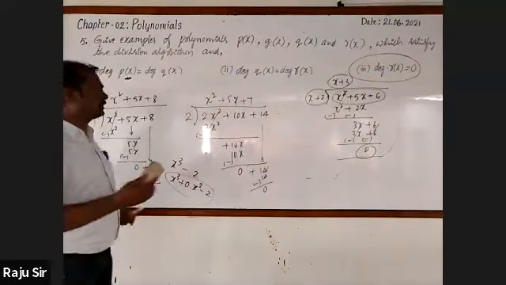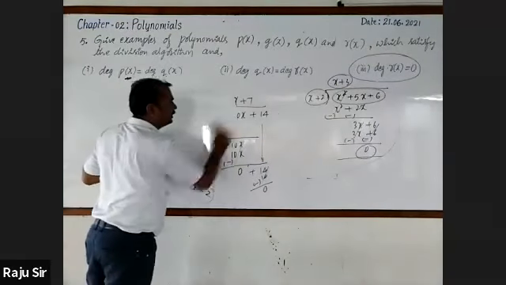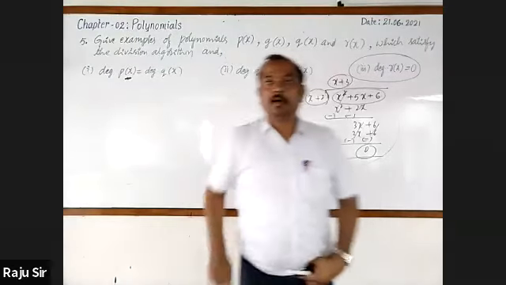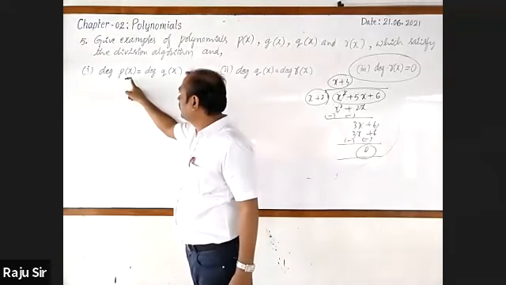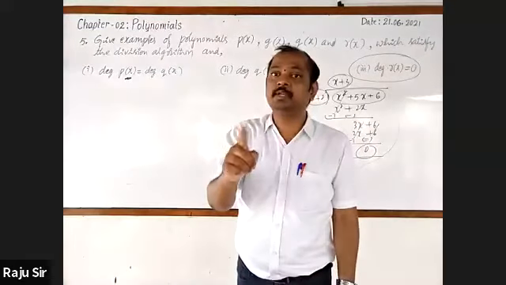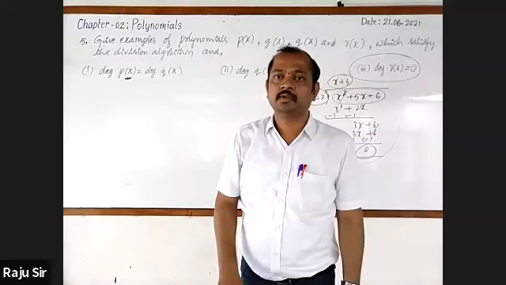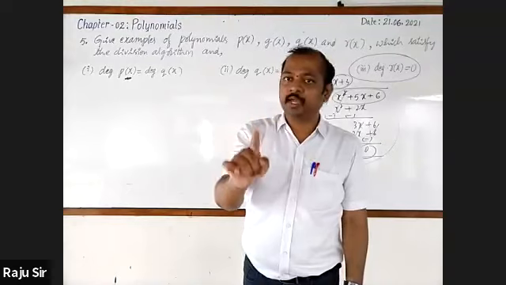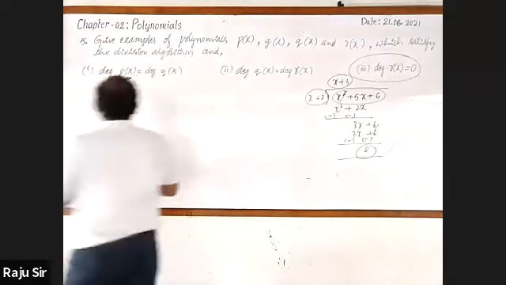Let me go through that second condition later. Now you write about the polynomials for the first condition. Once you recall, if the degree of p of x is equal to the degree of q of x, what should be the divisor g of x? Constant. Constant, sir. If the divisor is constant, this condition holds good.